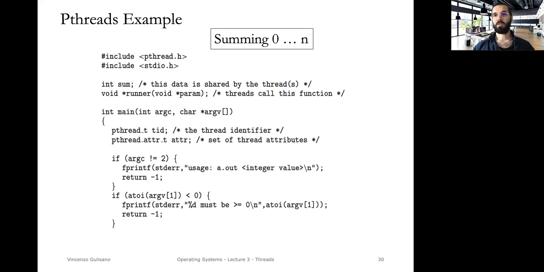The example doesn't really make sense in terms of using a multi-threaded process, because as you hopefully will understand, you don't really need to create two threads to do this, but it's just from, let's say, an educational perspective. So we want to sum all the numbers between 0 and n, where n is a number that is passed by the user, and we want to create a thread to do this instead of doing it with the original thread with which the process starts. We create some global variable, sum, and then we define here the function runner,